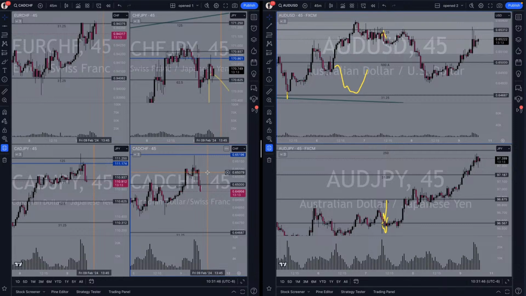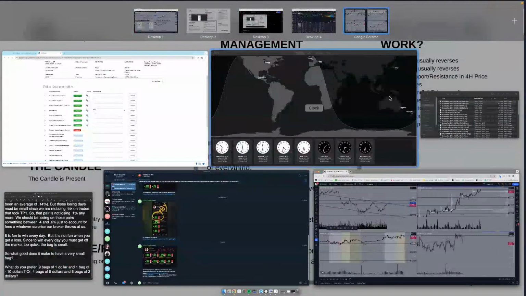CHF Gen is going back. It's going back to stop loss. Actually, same thing AUD Gen with the USD. But the loss of that should be less since it took TP1. It hit TP1, and now the other three entries have risk of 50%. And Euro CHF, Cat Gen, and Cat CHF are moving okay. Let me see if Cat Gen is close to TP2.